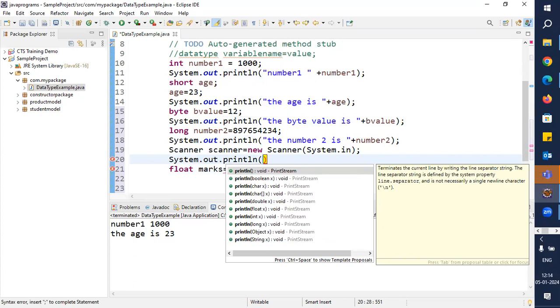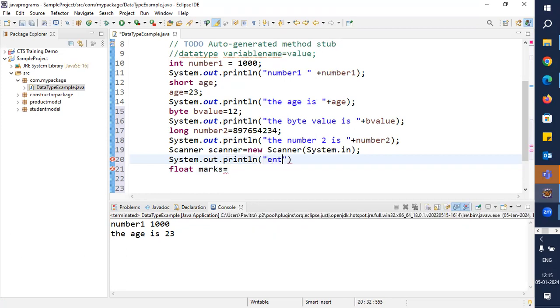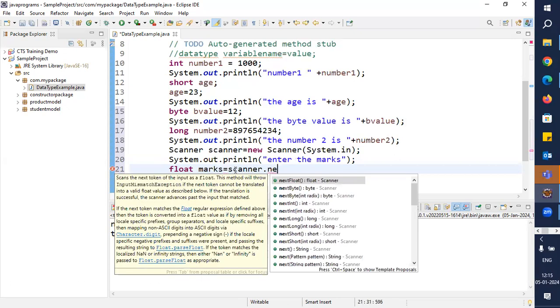I'll say "enter the marks". This is just a message for the user, so that by reading this message he or she will come to know they are supposed to enter the data. So float marks, and here I will say scanner.next